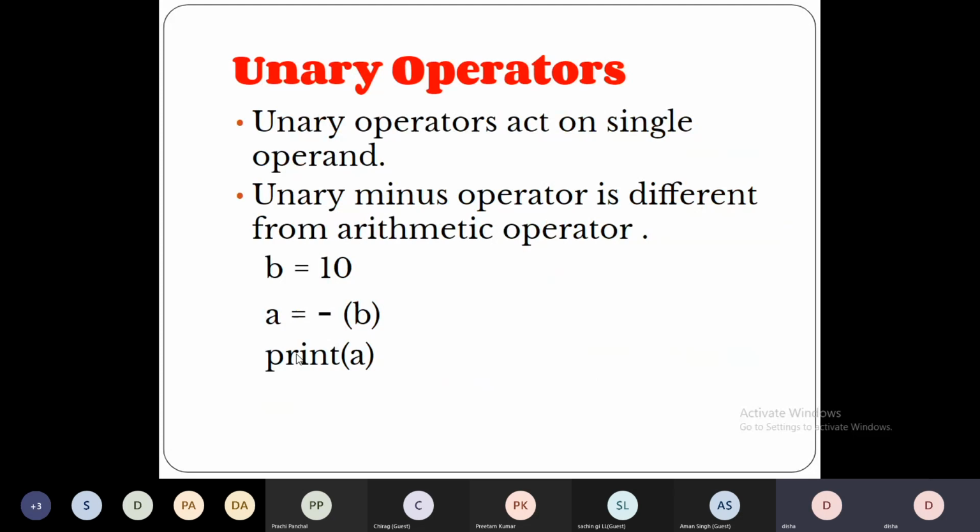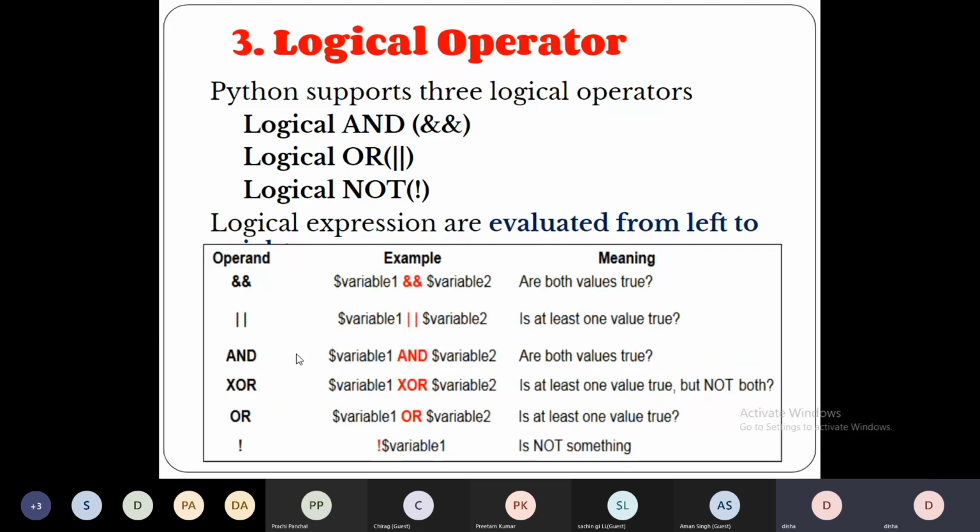Let's move on towards another operator. So unary operator is done. Now logical operator, very important operator. So have a focus, guys. First let us see all the symbols. What are they? Logical AND, logical OR, and logical NOT, right? Double ampersand sign is for logical AND. Double vertical lines are for logical OR, and one exclamation sign is for logical NOT, right?